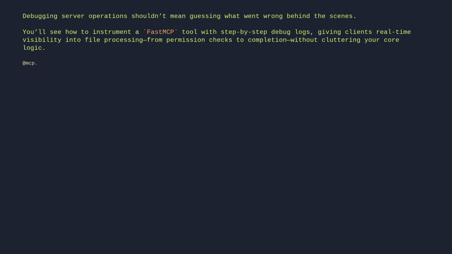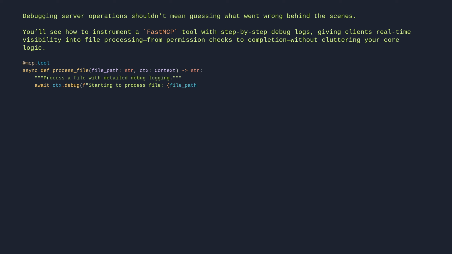@mcp.tool async def process_file(file_path: str, ctx: Context) -> str: "Process a file with detailed debug logging." await ctx.debug(f"Starting to process file: {file_path}") await ctx.debug("Checking file permissions") # File processing logic await ctx.debug("File processing completed successfully") return "File processed"